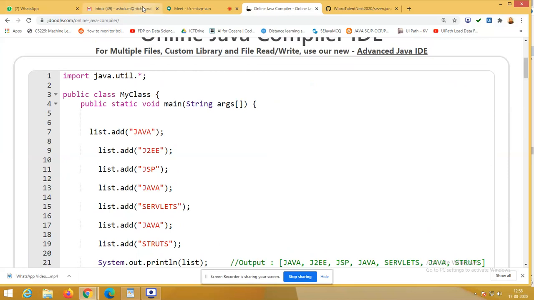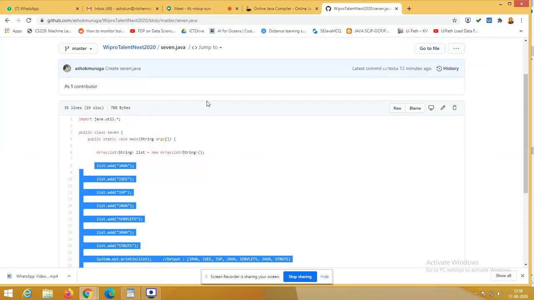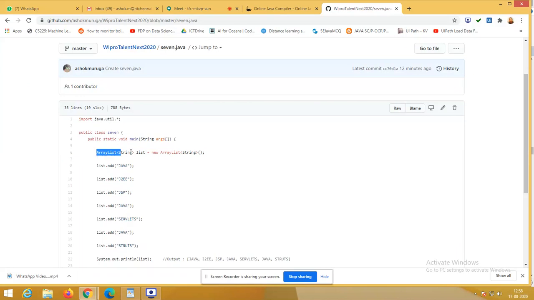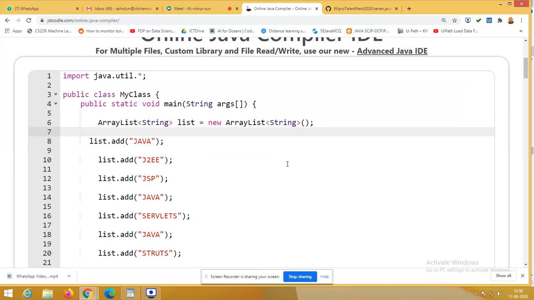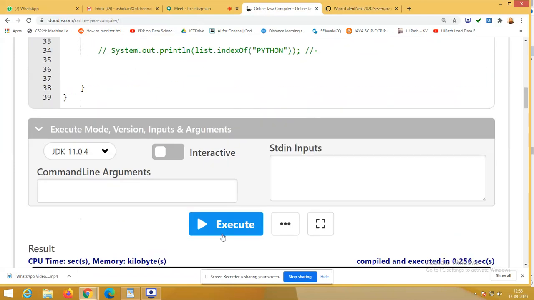Oh, I forgot to copy the name list. This statement is important, right? Copy, go there, Control V. Without committing mistakes, we can't learn anything. It's a fact actually. So now execute this.